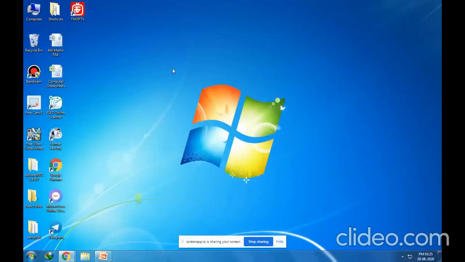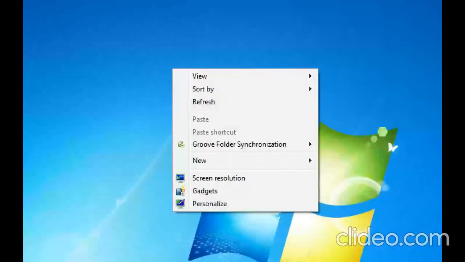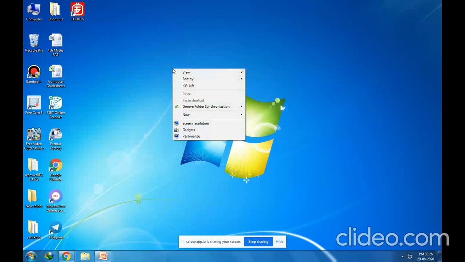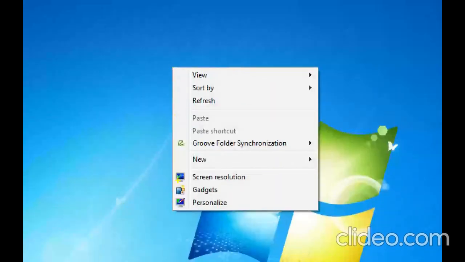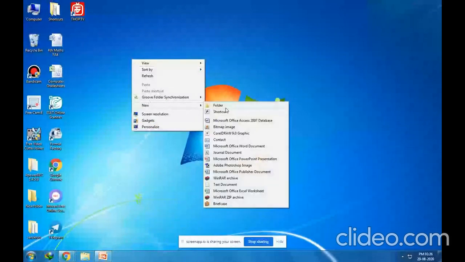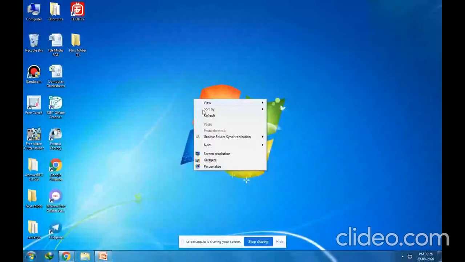See, first of all, what you need to do is right click. Right click means you have to click the right button of the mouse. Okay, and then a menu appears. In this menu, you can see the New button is there. Click this New button and select the option New Folder. Okay, New and New Folder, here only the first option is there, Folder, New Folder, right? So New Folder,